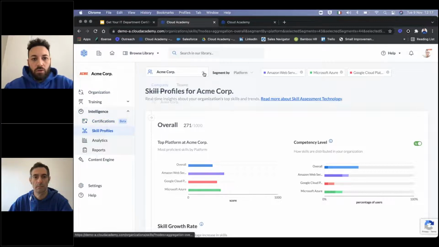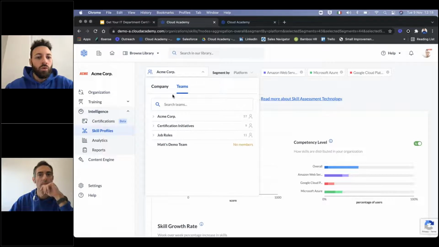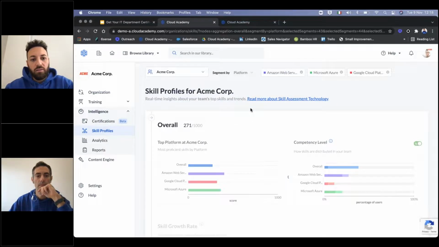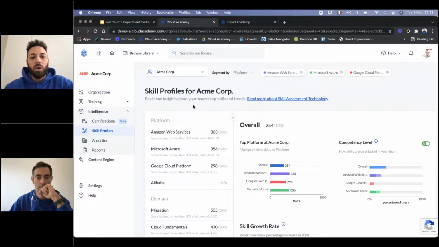Here you can sort all this information by company, by teams, and for sure also by selecting a specific end user. And you can see here that the information will automatically change. But for sure we are not thinking only of giving you visibility about the platform, the software, the data.